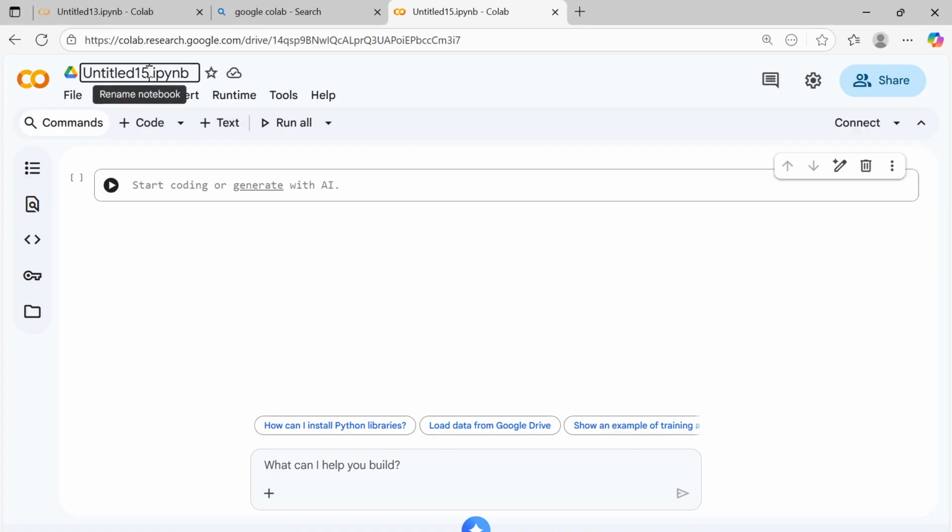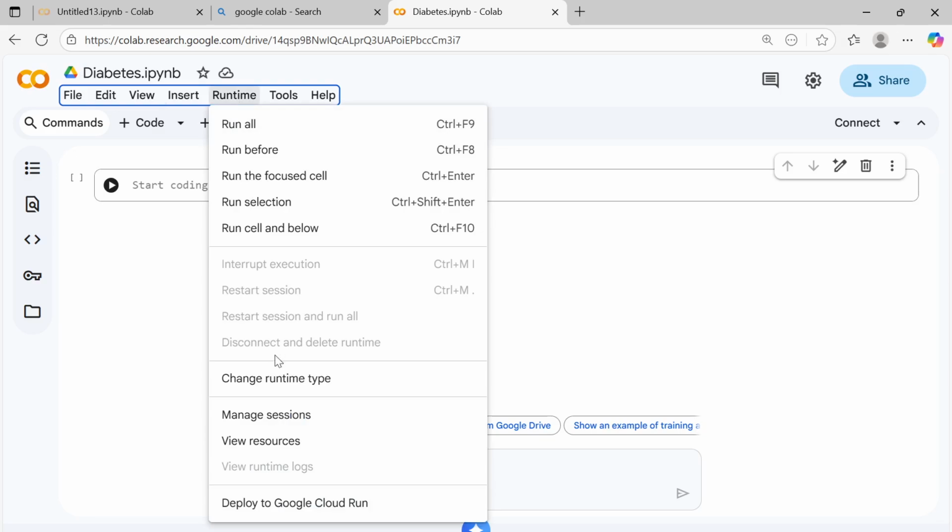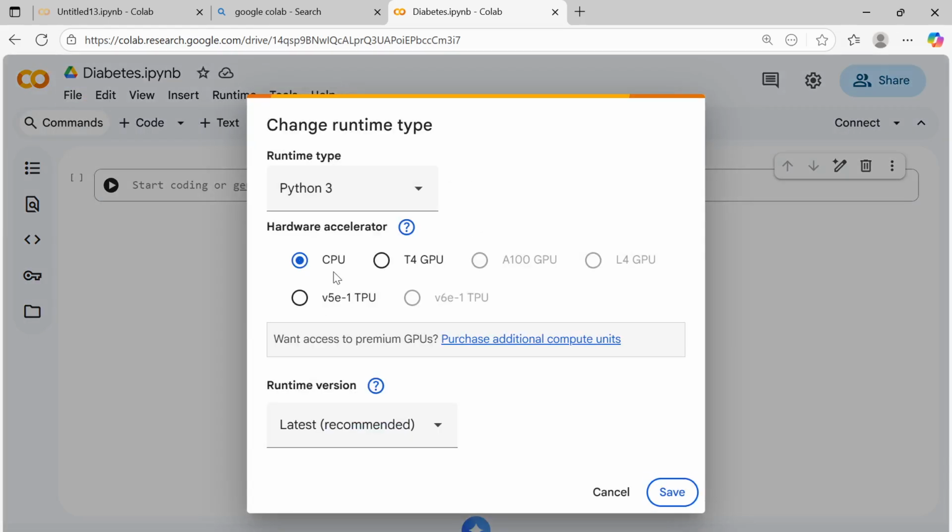At the first, the name is diabetes, for example, for me. Another thing, go to runtime, change runtime type. You have CPU, TPU, GPU, and so on. And I use T4 GPU,